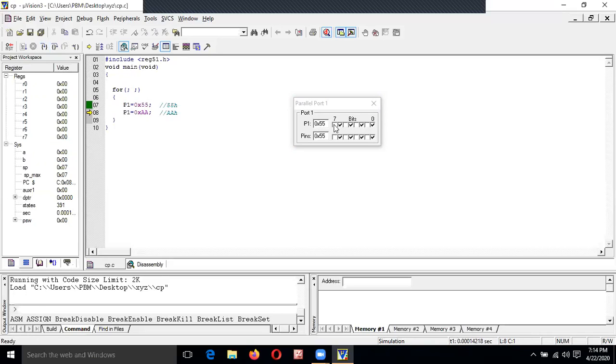In the next set, whatever zeros are there now will be turned to 1, and whatever ones are there will be turned to 0. See here. In the previous case, this bit was 1 and this was 0. Now alternately, this is toggling continuously, it will be toggled. We have to see the output in this manner. This is how you are going to execute the program.